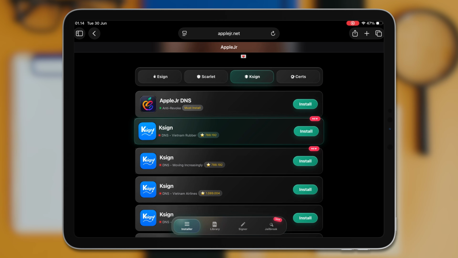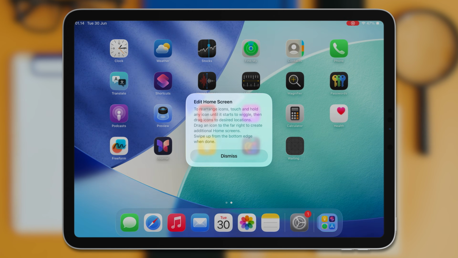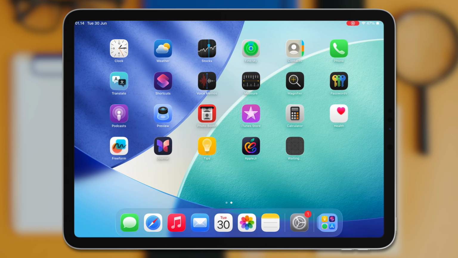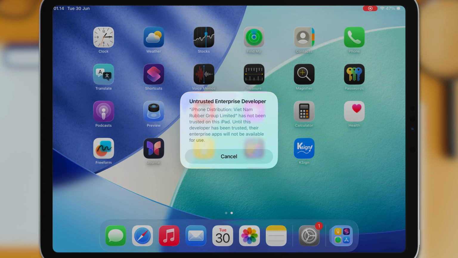Here, you will see the KSign install options. Tap the Install button from the top list. When the pop-up appears, tap Install again. Now wait a few seconds while KSign is being installed on your home screen. If you see an untrusted enterprise developer message, that means the installation is successful, but you still need to trust